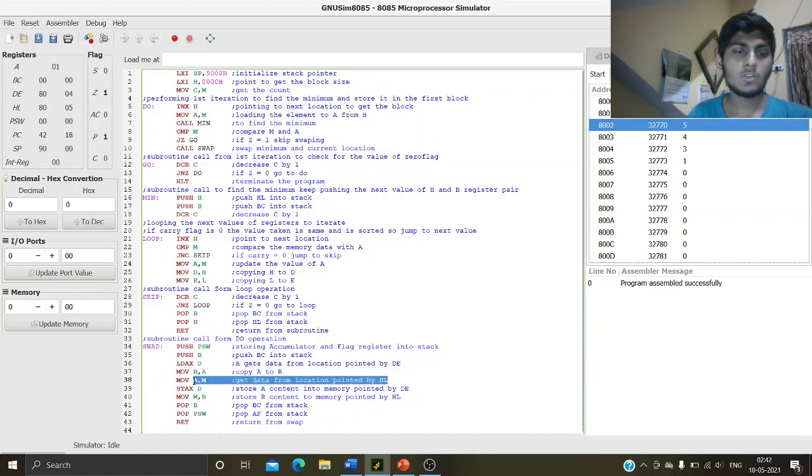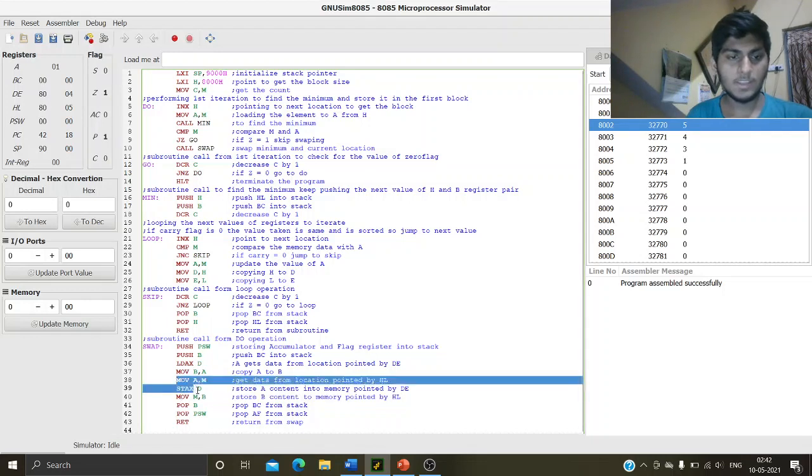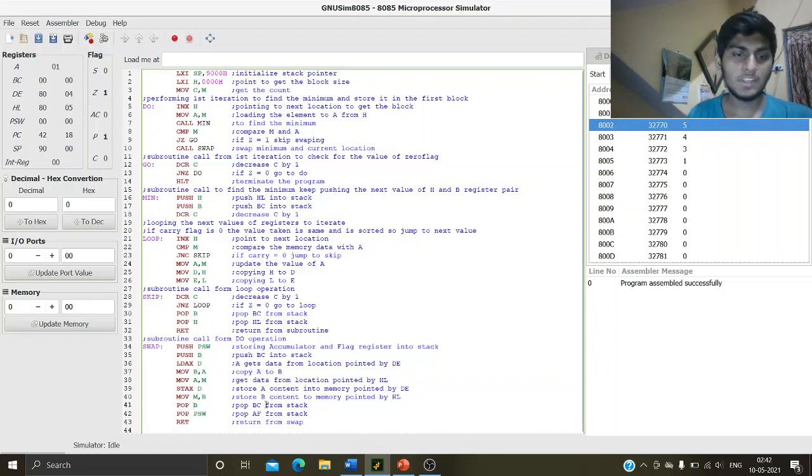So A has already got the data from the HL register pair, and B has already got the data pointed to by the A register pair. So we will now pop out the BC value of the BC register pair from the stack, and the value of the AF register pair from the stack, and then we will return from swap. We will return from this swap subroutine call.